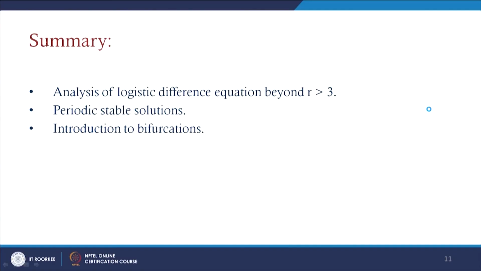So, in this lecture we have discussed the analysis of the logistic difference equation beyond r greater than 3. We found that a steady condition is achieved for r equals 2.5, and when we smoothly increased the values, the oscillation starts. At r equals 3.3 the oscillation starts with period 2, and when we considered 3.33, the same periodic nature was observed. But for further extension of these values, we do not know how it behaves.